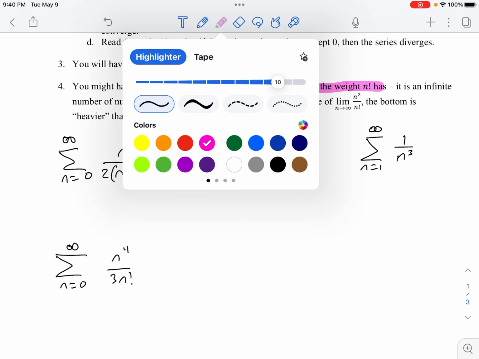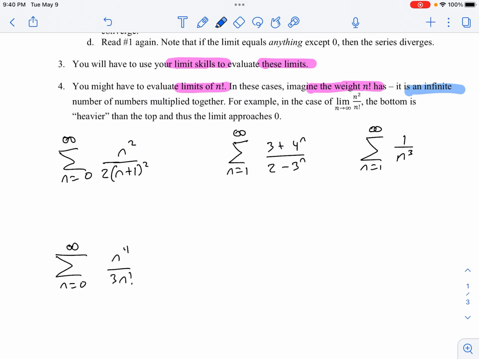I mean, just think about what n factorial is. It's an infinite number of numbers multiplied together. I mean, n is already an infinity, but now we're going to multiply infinity times another infinity, essentially. You could say infinity minus 1, but that's not entirely accurate. So, in any case, for example, the limit as n goes to infinity of n squared over